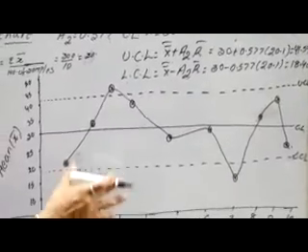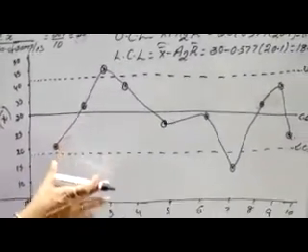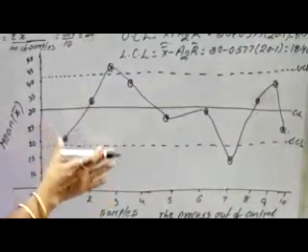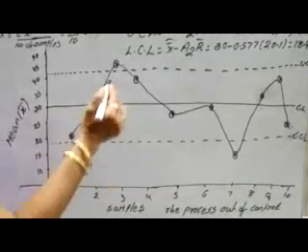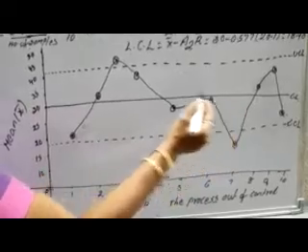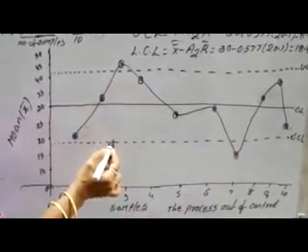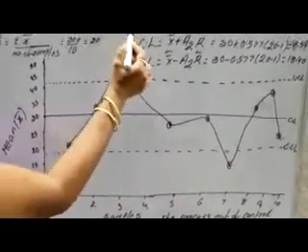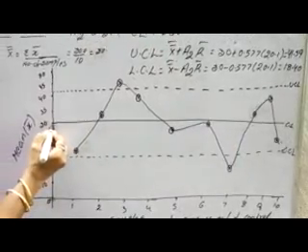Now with the help of these control limits, first I am constructing a table with respect to the mean chart. Whenever you are constructing a mean chart, first you have to place three control limits: the control line, the upper control line, and the lower control line. The control line is a straight horizontal line, and the upper and lower control lines are dotted lines. Therefore, the control limit is 30. I am taking 30 here.